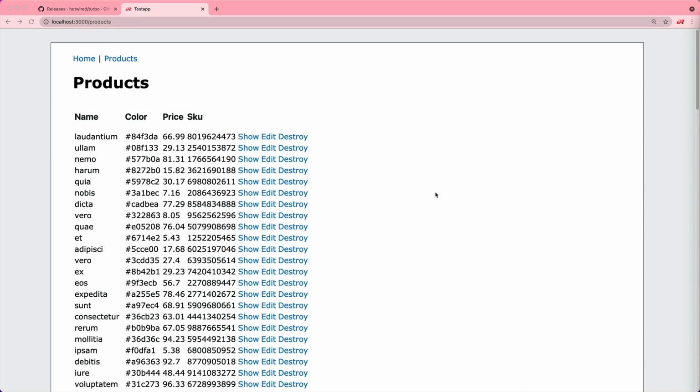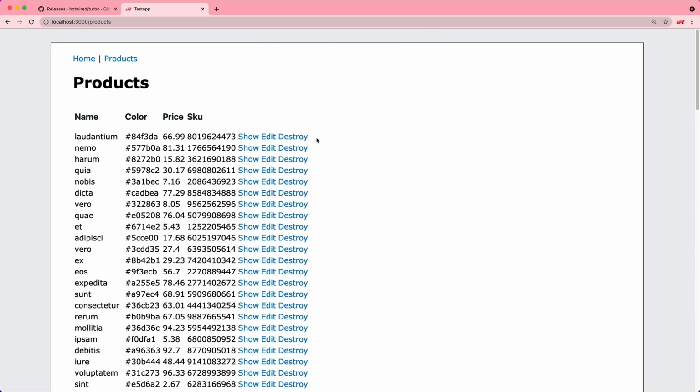So instead, we would want the interactivity that we had with Rails UJS, where when we click the destroy button, we get the confirmation dialog, we can hit OK, and then it's removed. And so in this episode, I want to take a look at this new functionality, how we can implement it and get it working like we had back with Rails UJS.